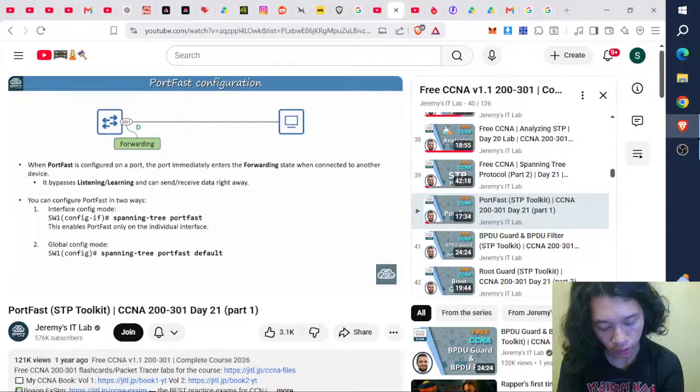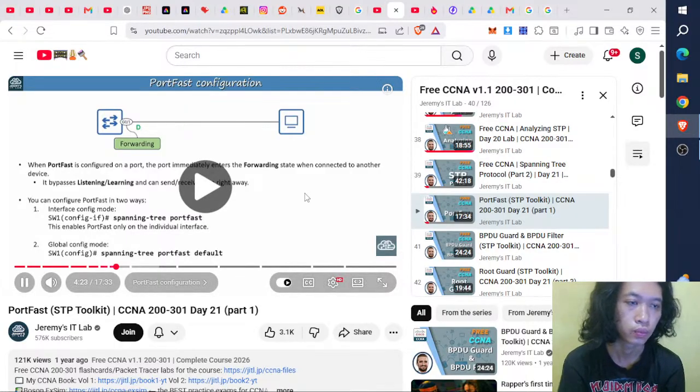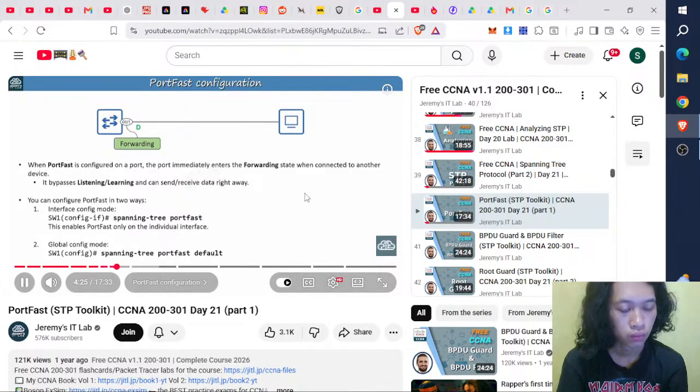Enable the port fast access interface that connects to end hosts like PCs. For spanning tree port fast, you will enable port fast on each interface you configure first. With spanning tree port fast default,